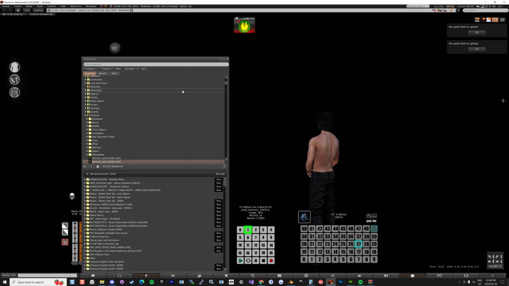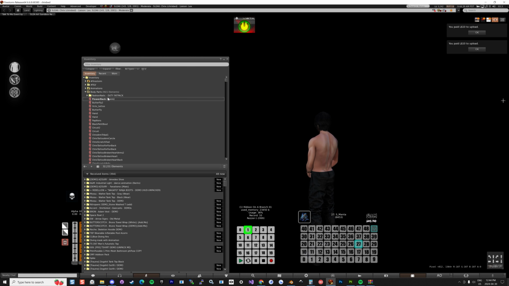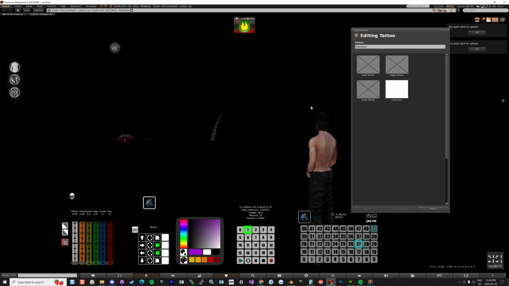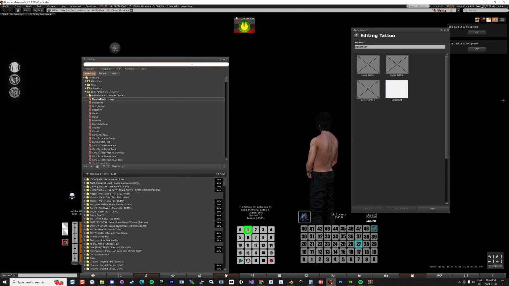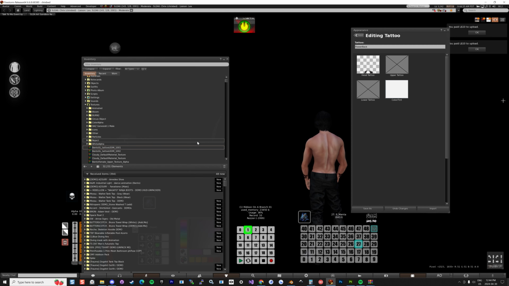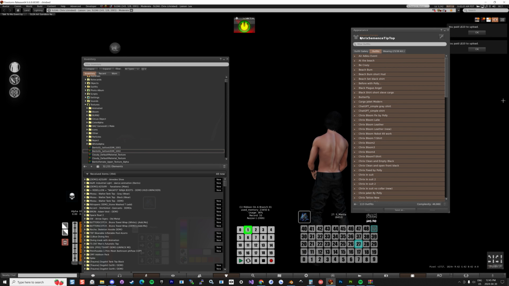And now when I go to my tattoo, I go to edit like this, and I'm gonna put inside of it the texture I just created. So the first one, the UDM one, I remember 1001 is the head, so I'm gonna put it on the head like this, and the other part is the back, so it's gonna be the upper like that. There we go. And if I do save,